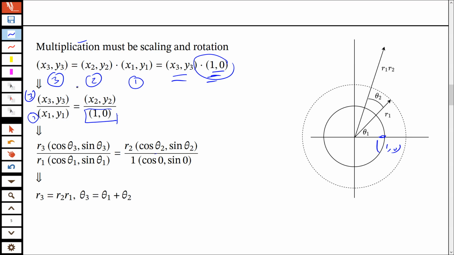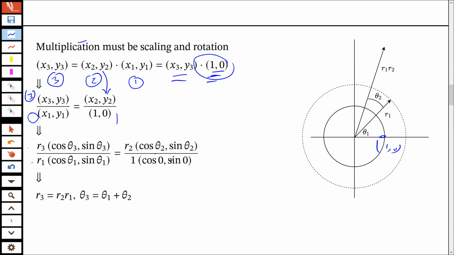And remember, here you write the point which changed 1. So actually it is not very convenient to use this x and y. You must know that you can replace these with polar coordinates, and in polar coordinates this 1 0 becomes cosine 0 sine 0, x2 y2 is cosine theta 2 sine theta 2, r2 is the magnitude, and so on for others. And if you carefully look, what happened here is that the difference between these two must be the same